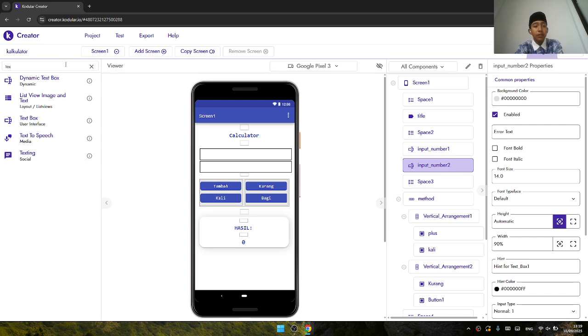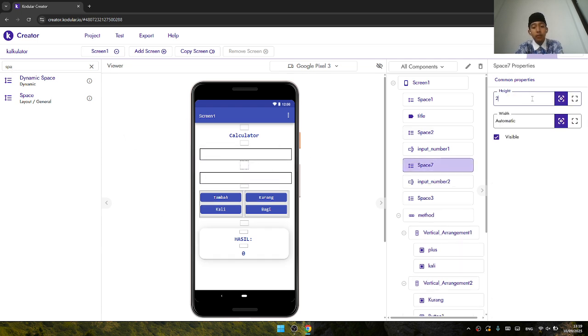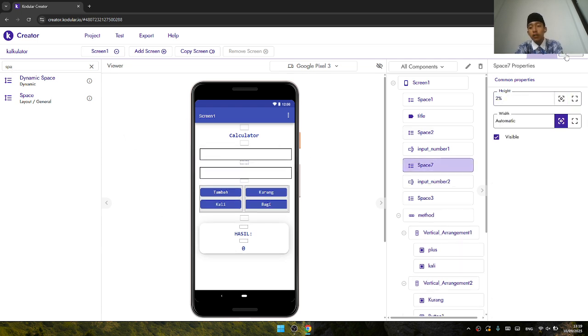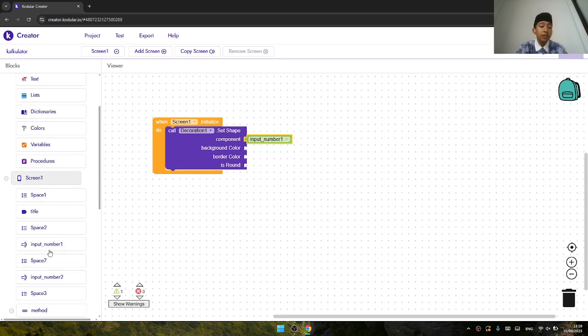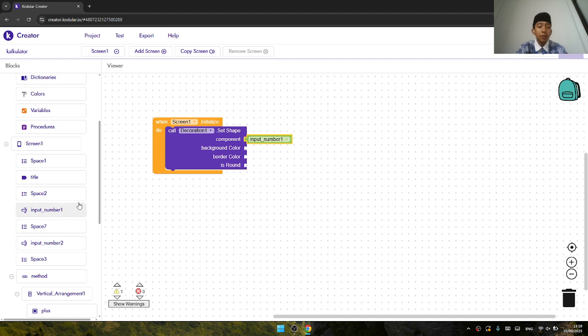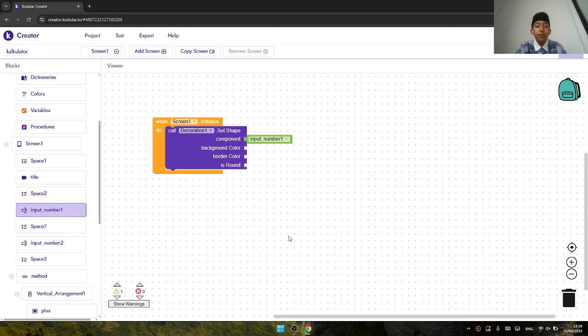And then don't forget to add some space around 2% like this. And change the height become 2%. Then we can go again. So we just need to search for component input number that's in input number, and then just scroll into the end like this. Yeah.